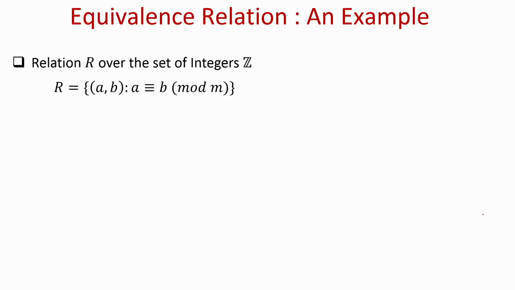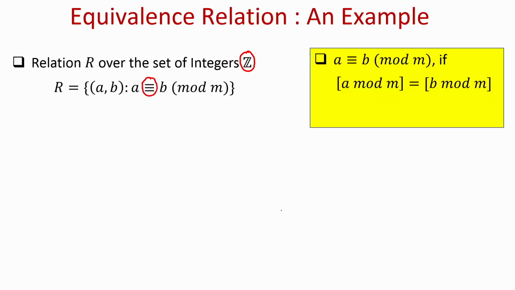I define a relation over the set of integers Z. The set of integers is denoted by this symbol Z here, and my relation here is that an integer a will be related to integer b if a is congruent to b modulo m. This is the notation for a congruent to b modulo m. For those who are wondering what the congruence property is, I say that an integer a and an integer b are congruent,